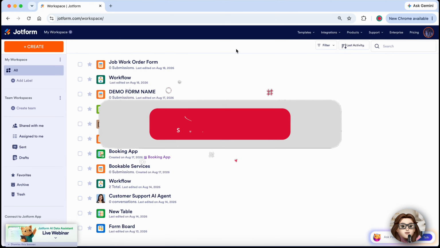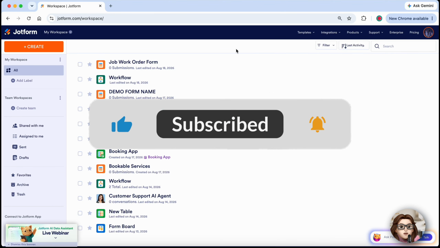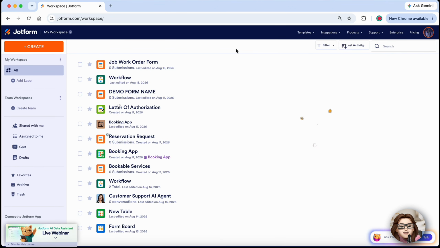In this tutorial, I'll show you how to view the revision history of a Jotform. Open your browser and go to jotform.com, then sign in to your account. From your dashboard, find the form you want to review and click Edit Form to open it in the form